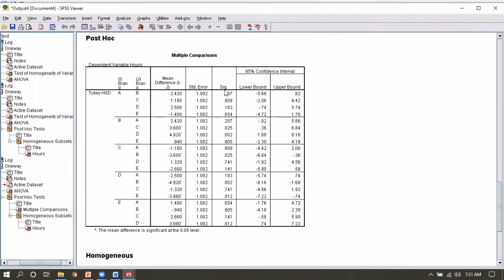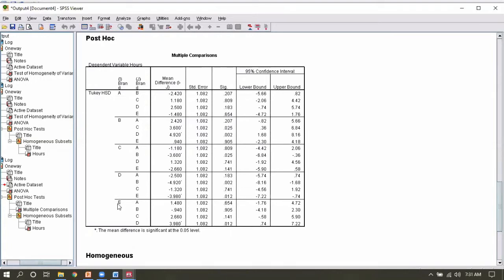Leaving the big values, just compare B with C. You can see there is 0.025. It is greater than 0.005, meaning there is a significant difference here, and B and C is 0.002. Comparing C with B, there is again a difference. D with C, there is not much difference. D with E, there is a significant difference.